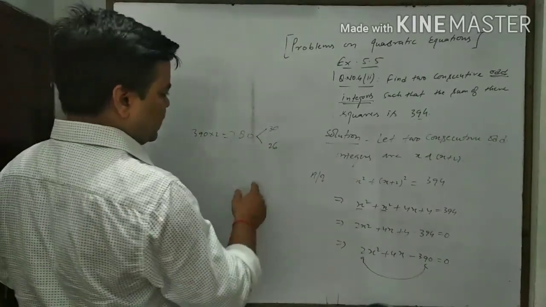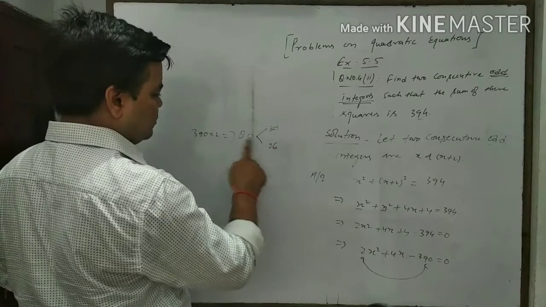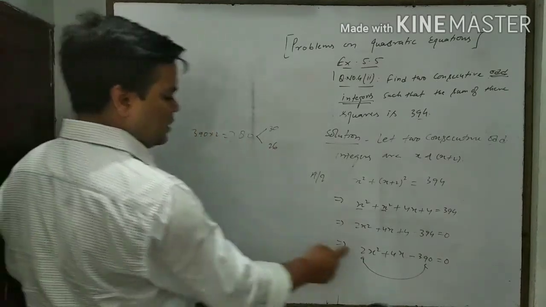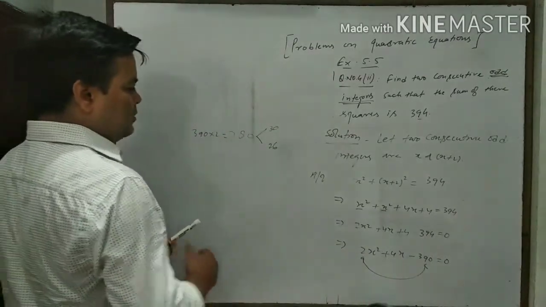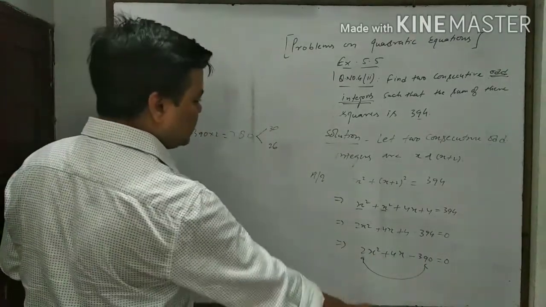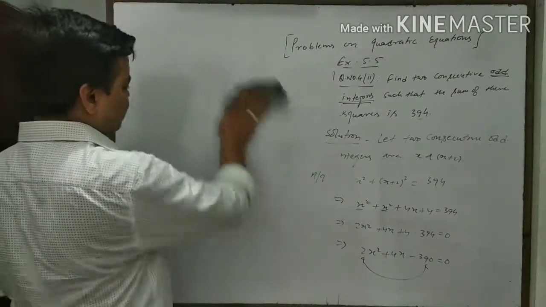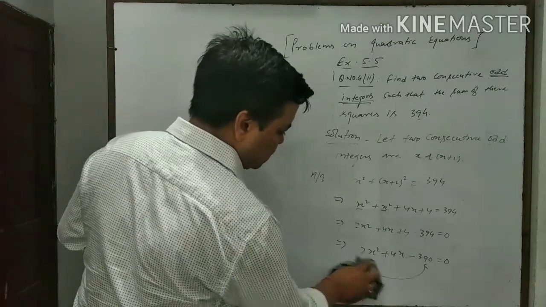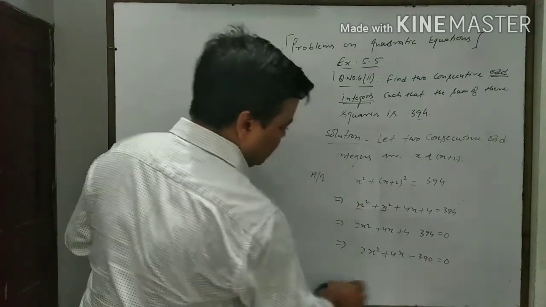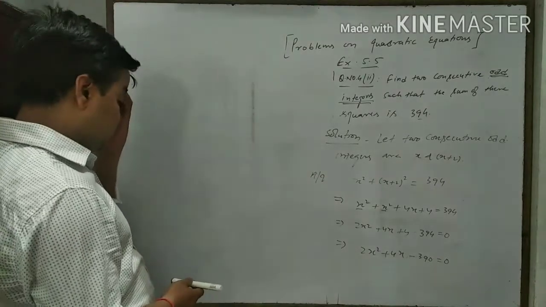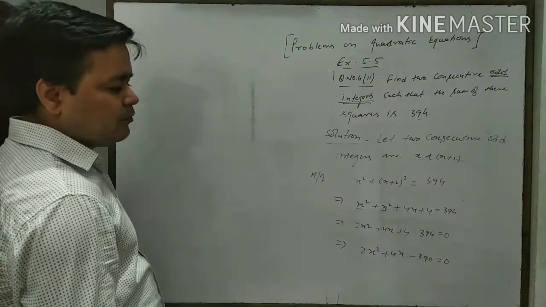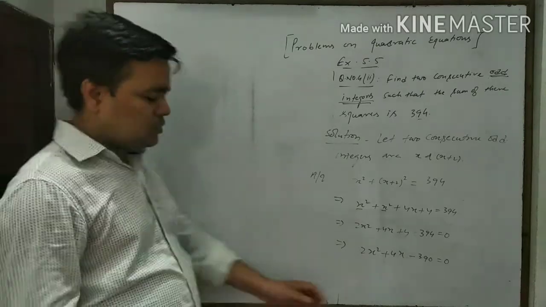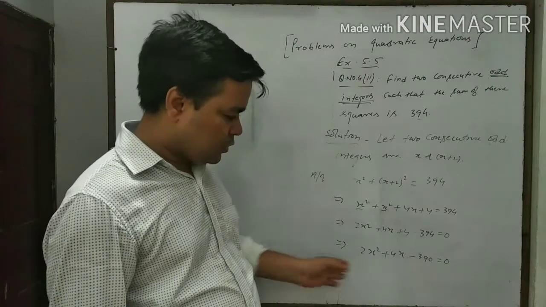Okay, so their difference, the product of 30 and 26 will be 780, which is the result of multiplication of a and c. So at the place of 4, here we can write 30 minus 26. Like this way we can try for the solution of quadratic equation based on quadratic formula method, or using Siddhacharya method. Quadratic formula. Yes, that is called the. Means we are going to solve this equation by